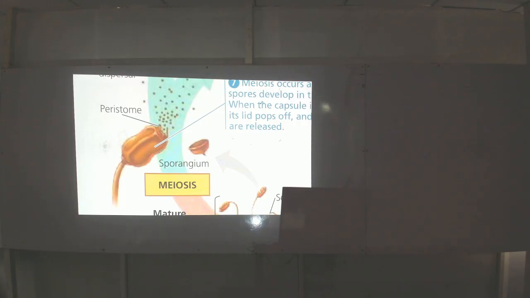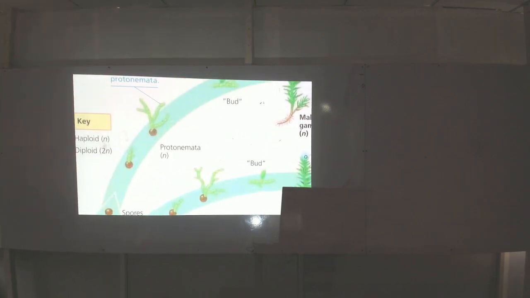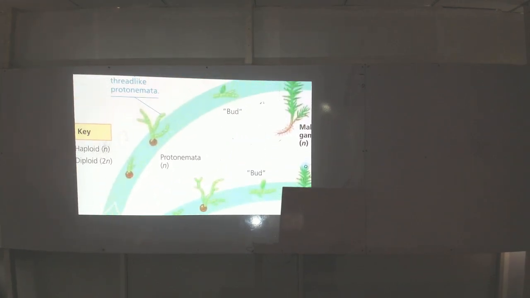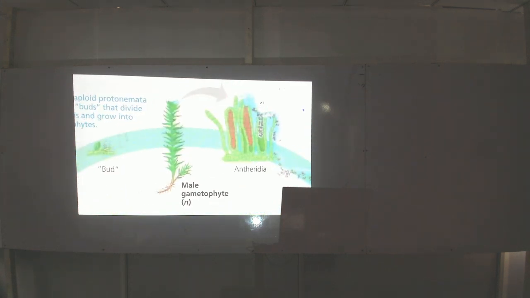So let's follow the sporophyte. The sporophyte has reproductive organs called sporangia. Sporangia produce spores by meiosis. So you can see spores are being released. Spores are going to go through a germinating stage that is called the protonema. Protonema is in your resource. Right? So it's going to go through a bud and it's going to produce the male gametophyte, which is going